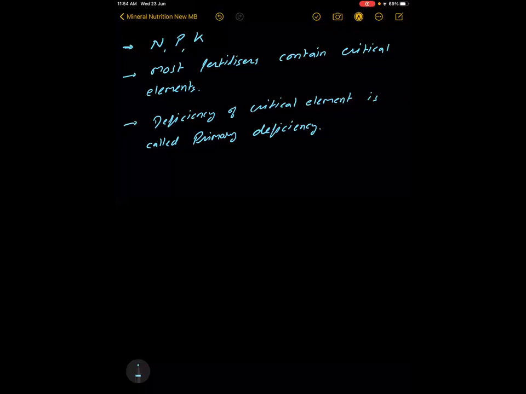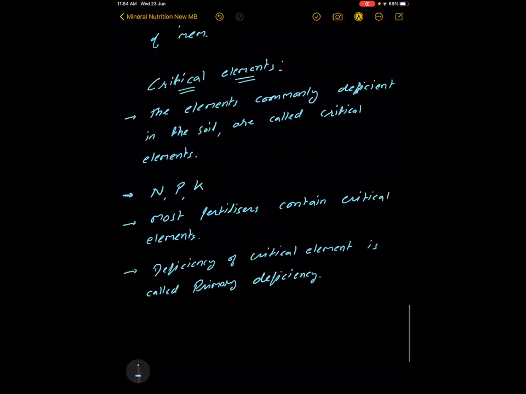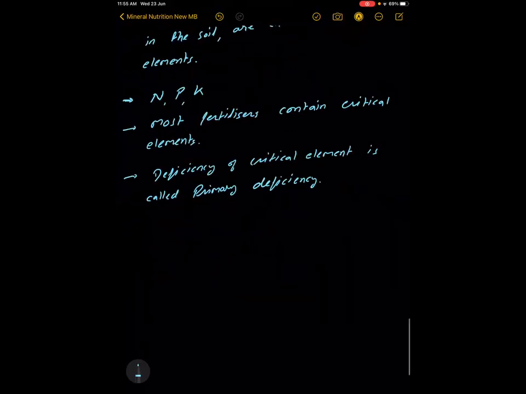Excuse me, sir, please scroll it up. So apoenzyme combines with cofactor and forms holoenzyme. This cofactor is actually a mineral element: iron, copper, zinc, manganese, molybdenum. These elements are cofactors and help in activation of enzymes. Magnesium and calcium are also cofactors for enzyme action. So they are called catalytic elements.